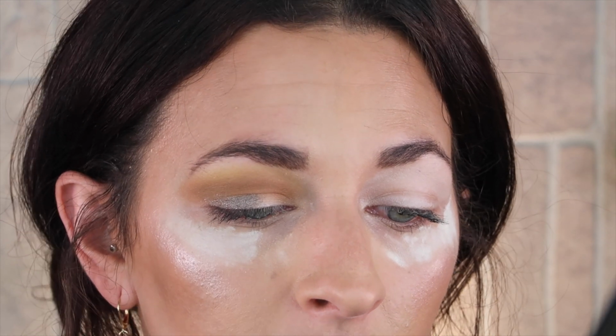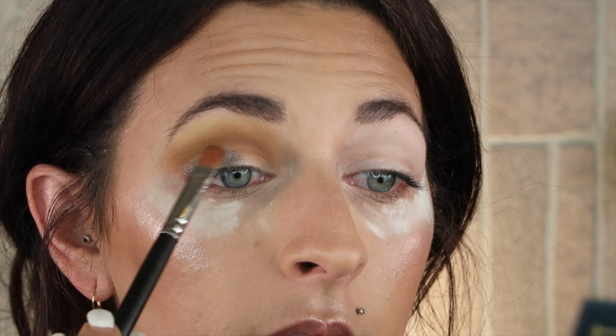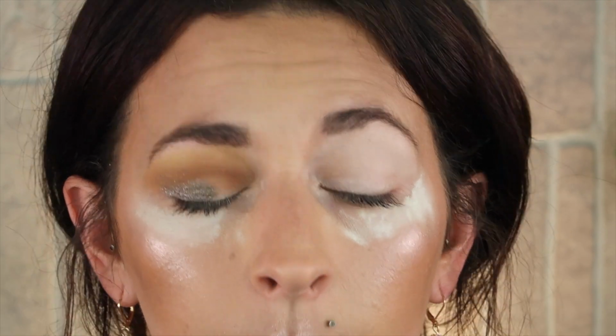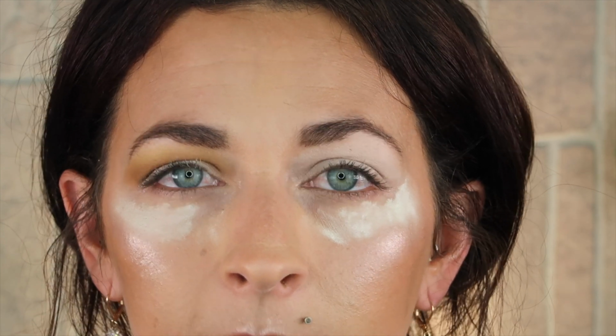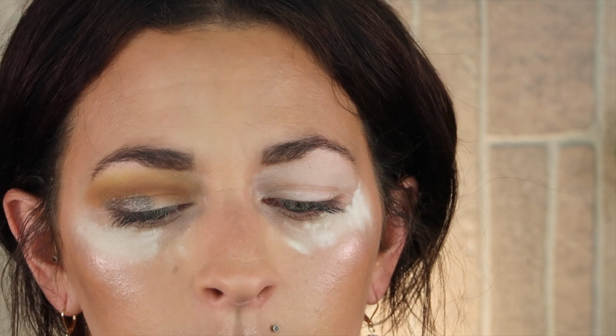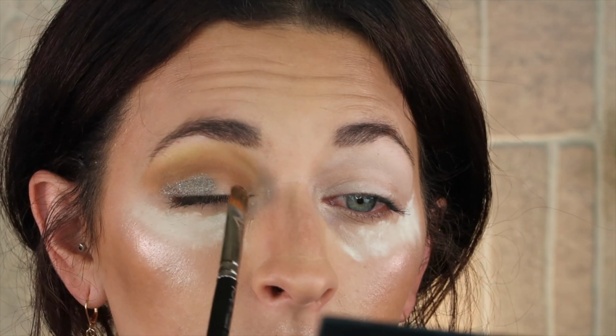Okay, that is a gorgeous metallic. It's showing up and I haven't wet the brush yet. I probably will. Okay, so now let's try this wet. All right, it's a really pretty metallic. I feel like it's nice because it's not black. I've had a lot of shimmery blacks, but this is more like a shimmery charcoal type color. And then let's take the...